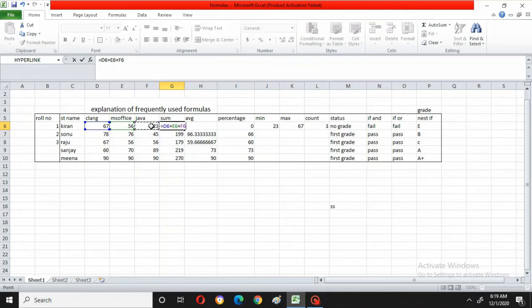Next is Java marks, right? Now I got all the 3 marks. Now I will say enter. What happened? It is giving the total. See, can you see here when I click on it, in the formula bar it is showing the manually typed formula. This is one method of using the formula, and this is a manually used formula.